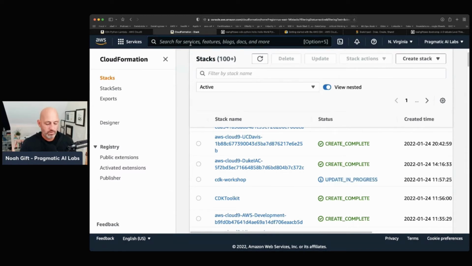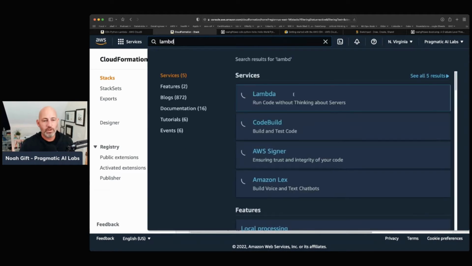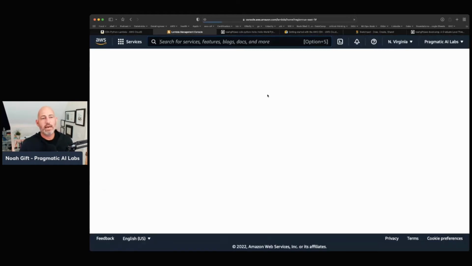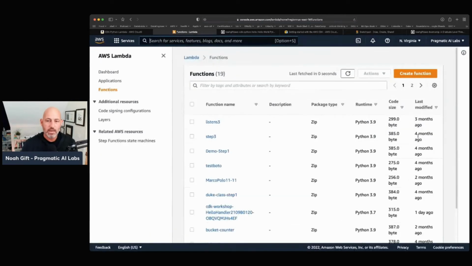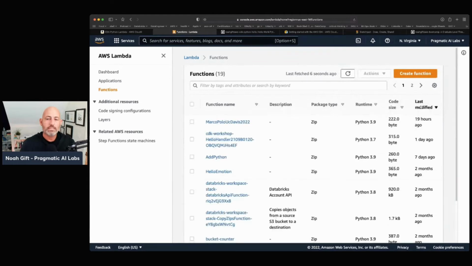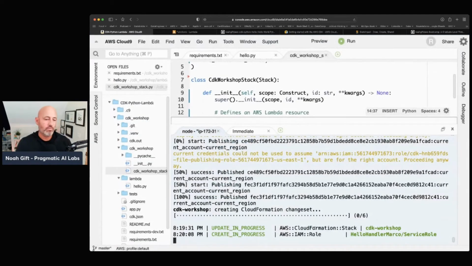Also, I could go to the Lambda environment. And if we go to Lambda, this is where I would find that Lambda function and play around with it. Now, what I like to do is toggle last modified, and the last modified will show us what's happening. So I can just sit here and wait for it. It should take just a second or so. Once this is done, I can then go into the AWS Lambda console and invoke it. Then the final thing I'll do is go inside of AWS Cloud9 and I'll also invoke it.